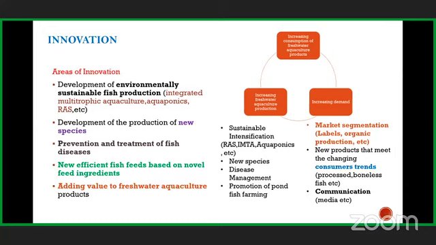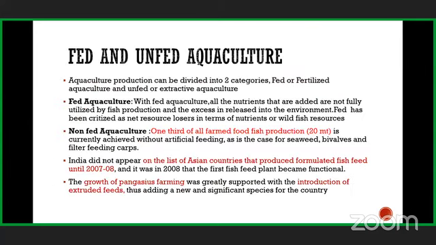That is also an innovation we have noticed over the last couple of decades. And the last point, which is the need of the hour especially for the shrimp sector, is the domestic shrimp market, which we have been working on for the last 2-3 years, and we might see quite a huge jump in the near future. So these are the areas of innovation, the thrust areas, where aquaculture can be pushed.